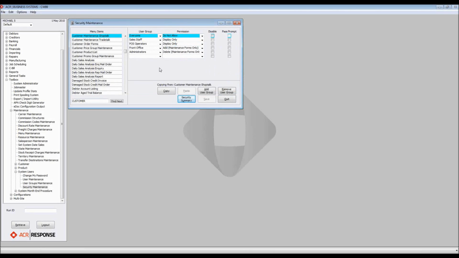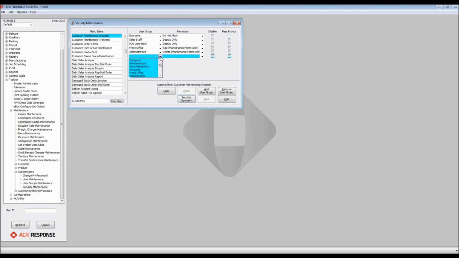Awesome. So what we're going to do now, we've created our customer inquiry group just before. So we're going to add the customer inquiry group to our customer maintenance screens, our product maintenance screens, our product inquiry, and our sales inquiry. I just wanted to show you how quickly you can actually add these permissions to different menu